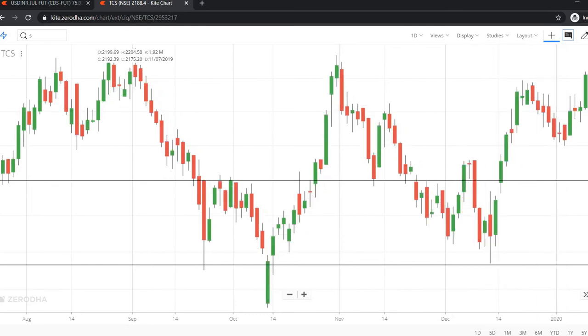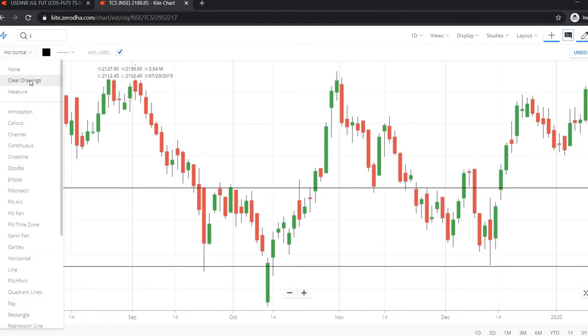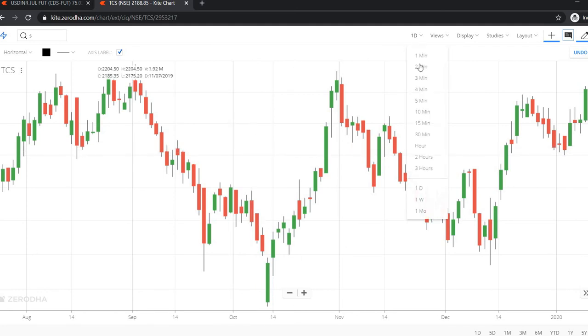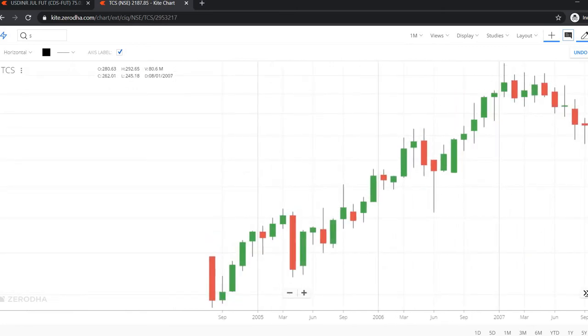Let's move to the normal candle and clear this off. So always choose blue chip stocks, don't go for any mid cap or small cap. I never tried, so go for a stronger stock like TCS, HDFC Bank, Reliance and all. Let's move on to the monthly chart. Let's see if we can get something.